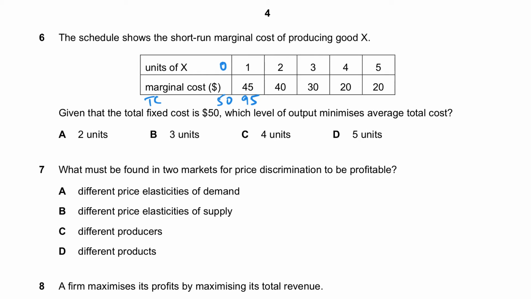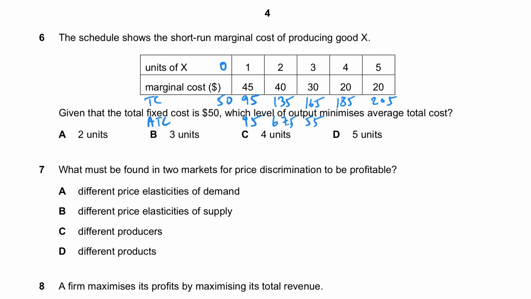And so what I'm going to do is first make this table for total cost. When I do so, this is the value that I get. So for example, 45 plus 50 is 95, 40 plus 95 is 135, and then 135 plus 30 is 165, and so on. From this, I'm going to find out what we call our average total cost, which is simply total cost divided by the quantity. So for example, 95 divided by 1 will be 95, and then 135 divided by 2 will be 67.5, and then 165 divided by 3 will be